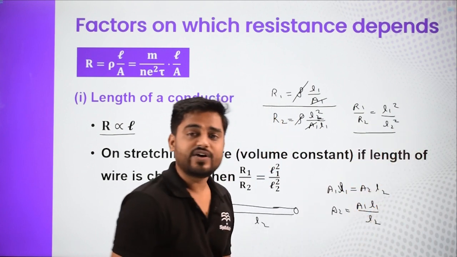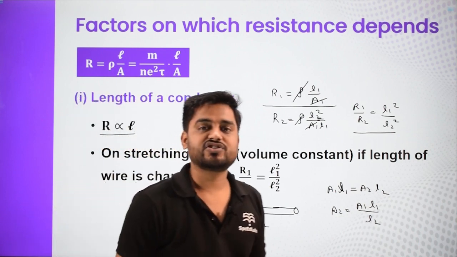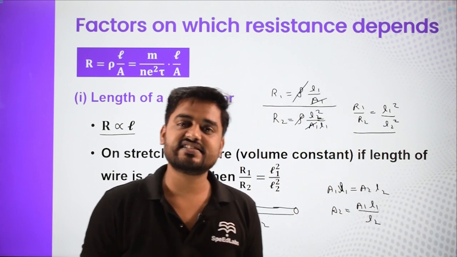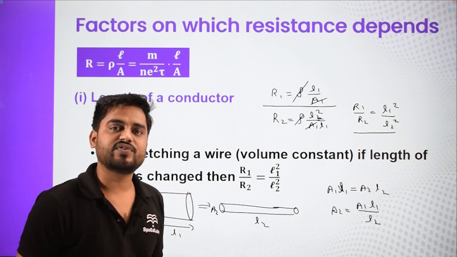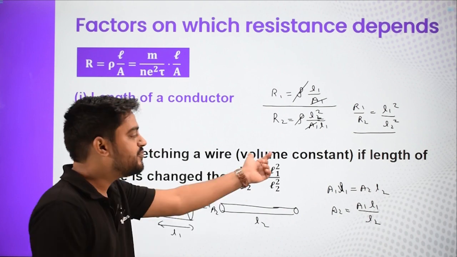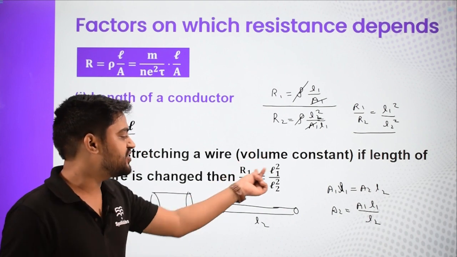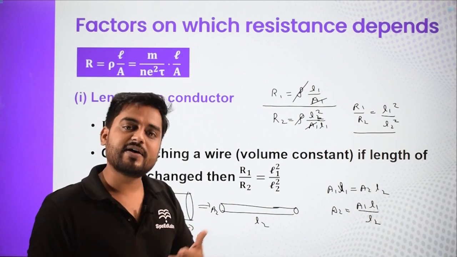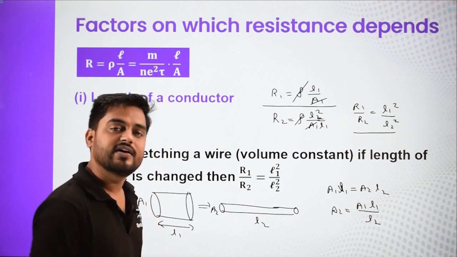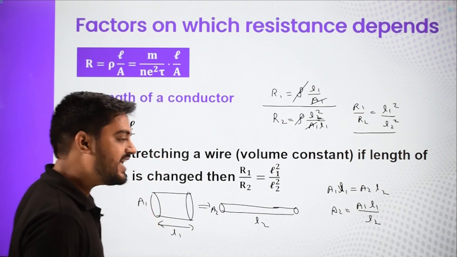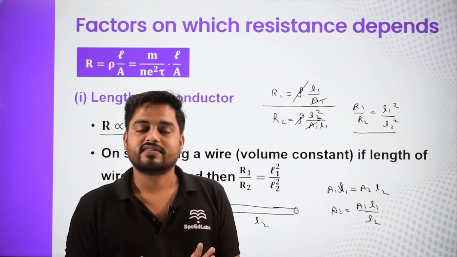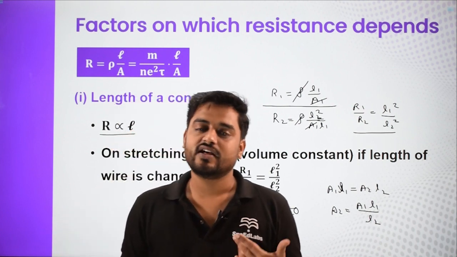A lot of students get confused. There are two separate questions. One such question is: what will be the new resistance if the initial resistance is, let's say, R0, when I make the wire double in length by stretching it? When we stretch anything, volume remains the same, so resistance is proportional to L squared, not L. When we double the length, the area of cross section also becomes half. So double squared is basically 4 times, and resistance becomes 4R0. But if we keep the area of cross section the same and make the length double, then resistance will be twice, not any more than that.